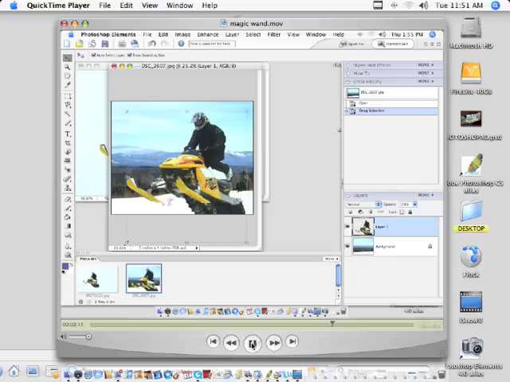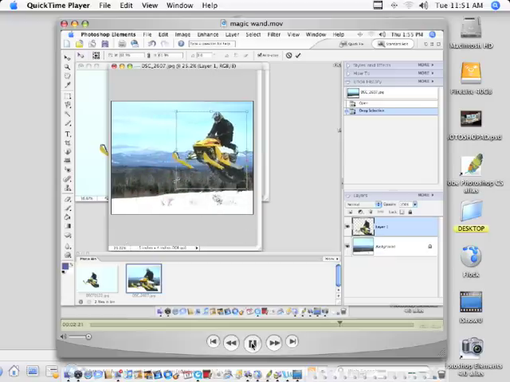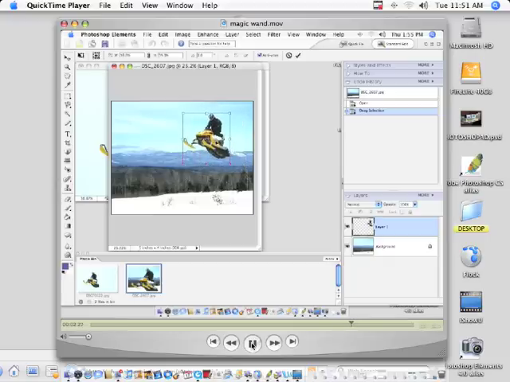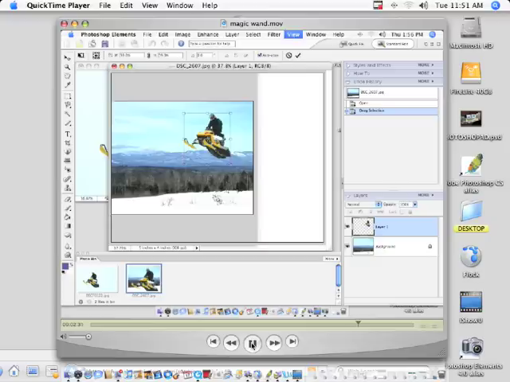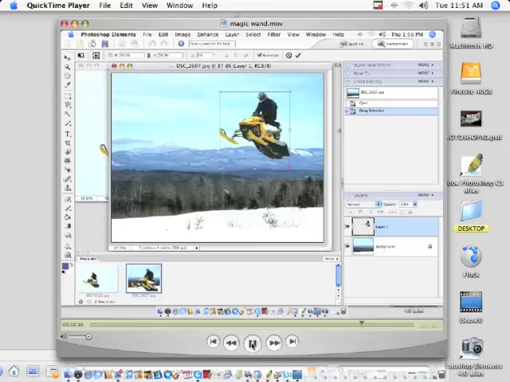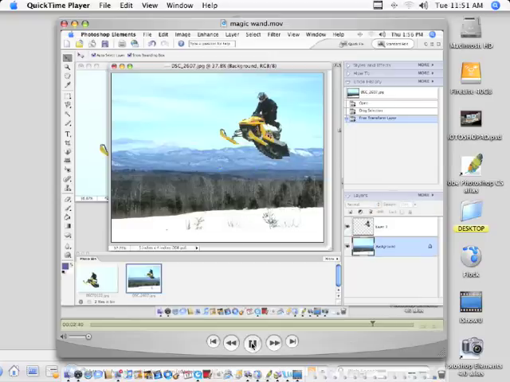To keep him in proportionate size, I'm going to hold down the shift key and drag him in like this, and I'm going to keep going a little bit more, and then I can move him over this way, put him kind of wherever I want to in the picture. I'm going to hit Apple 0, which will bring my image up to full frame, and I'm going to hit enter and say that's how I want him to be, just like that. And so there you go.